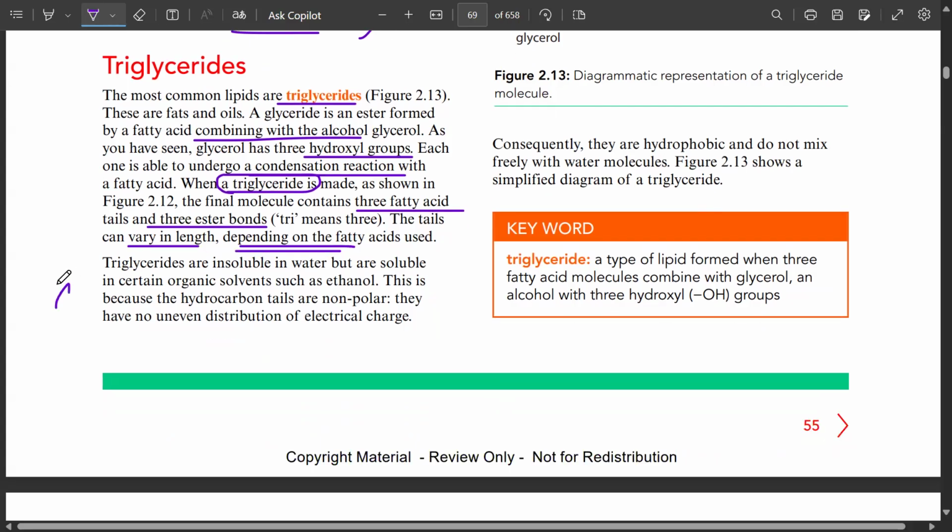Triglycerides, you should know there are some properties as well. Triglycerides are insoluble in water, but soluble in organic solvents such as ethanol, because they themselves contain an alcohol, glycerol, as well, but they are not soluble in water. Have you ever seen oils dissolve in water? Oil always becomes a layer on top of the water. It never becomes soluble because